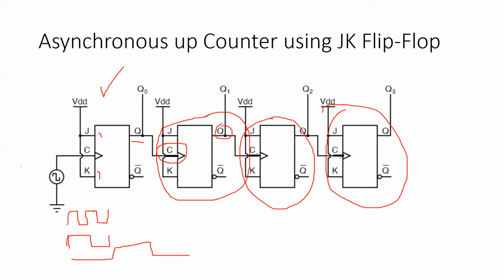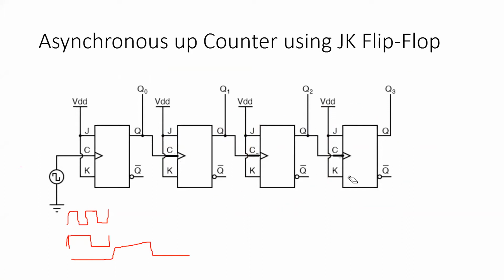What we require most is, if we know the circuit of a counter, and the circuit of a counter can be derived by making use of the transition of input and output values, based on that we can derive any digital circuitry. Suppose I have this particular circuit, and it is showing an up counter made using JK flip-flops.